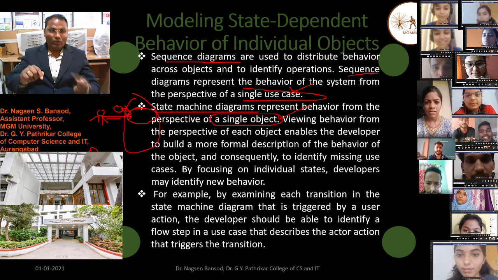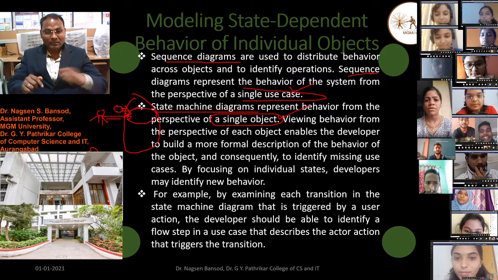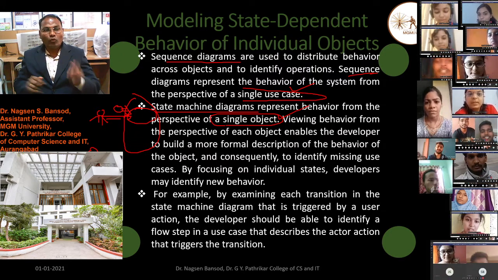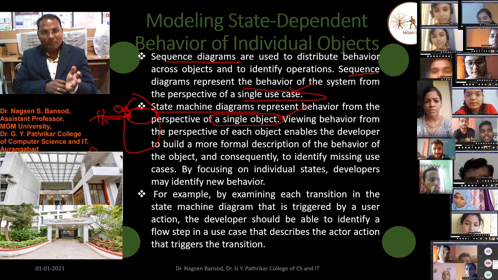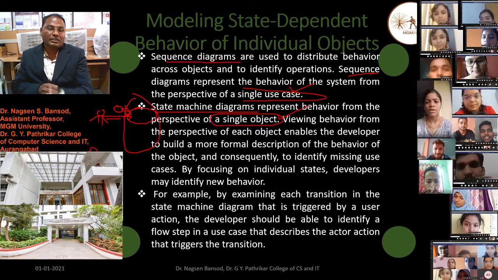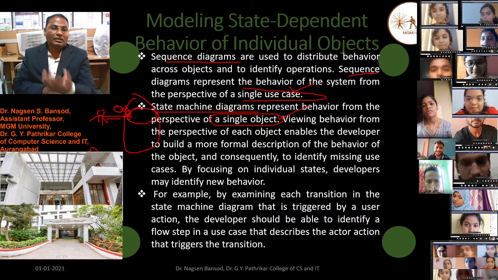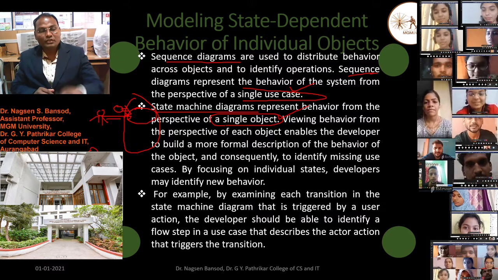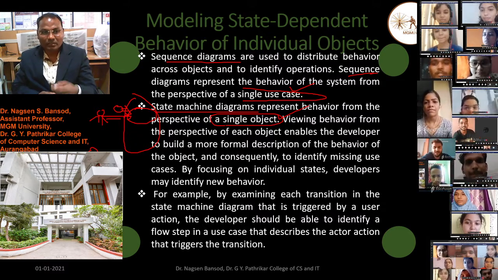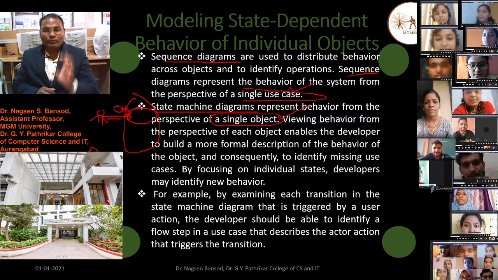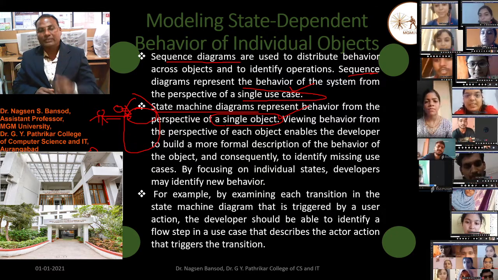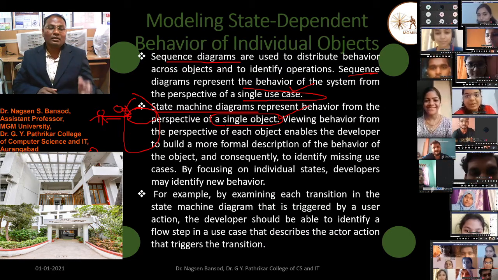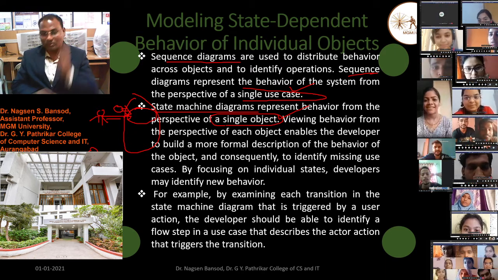We know whenever we develop a software, suppose we have one camera, computer and printer. When the camera will be on, when the printer will be on, these are some of the states. When you want to print out from your software, there should be a printer connected to the computer, and that is the state dependent. Printout is state dependent. That printer device should be connected to the computer, and then your software will give the command to trigger the functions of the printer, and then you will get the printout from the printer.